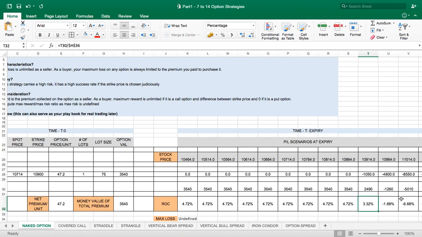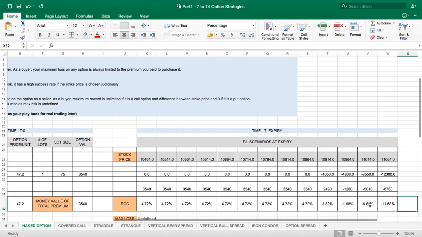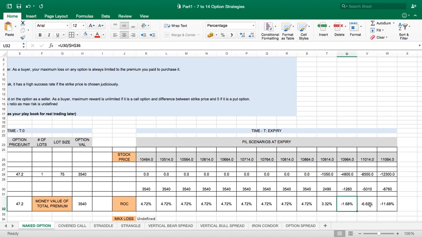If we just eyeball that, from this point downwards, here I've just used a formula. So you see a value up to 10,914, and the next value is 10,964. Somewhere in between is our break even point. So from that point all the way down is a good scenario for the seller of this option, because he gets to pocket the entire premium and he's making money. But if the price were to go beyond this, the seller will lose money,